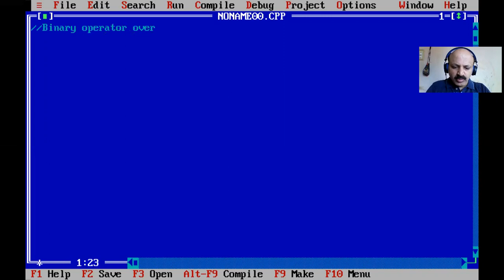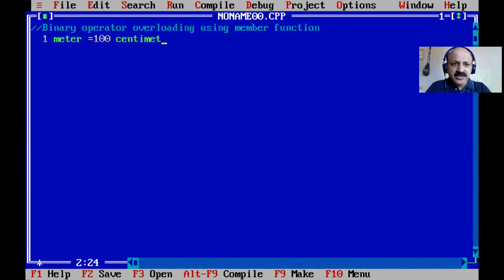operator overloading using a member function. I already made one video lecture on binary operator overloading using a member function, but here we take meter and centimeter, so a Distance class. We can say that 1 meter equals 100 centimeter.